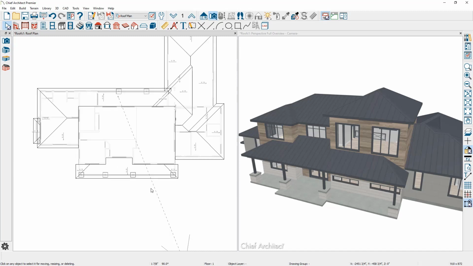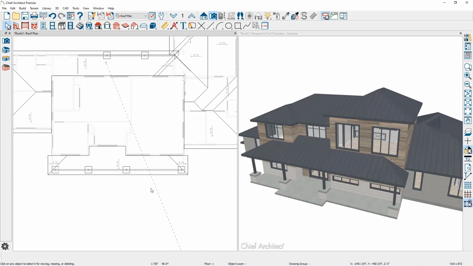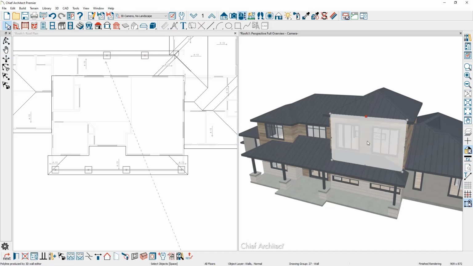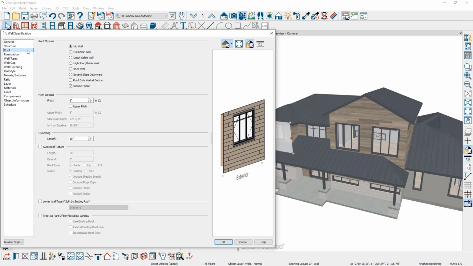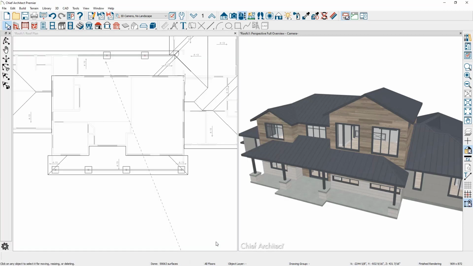For your roofs, you can adjust individual walls and make them gable or hip or other styles. For example, I can click on the front of the wall, use the toggle in the lower edit menu, and easily convert that to a gable style roof. If you double click on a wall, on the roof panel, you'll see the different options for your walls. When I toggled the wall in the toolbar to be a full gable, the program was making the setting for a full gable wall. In addition to the wall information for the style of roof, you can also change the